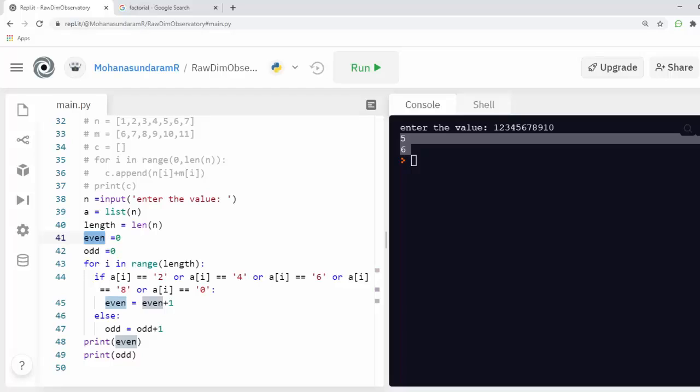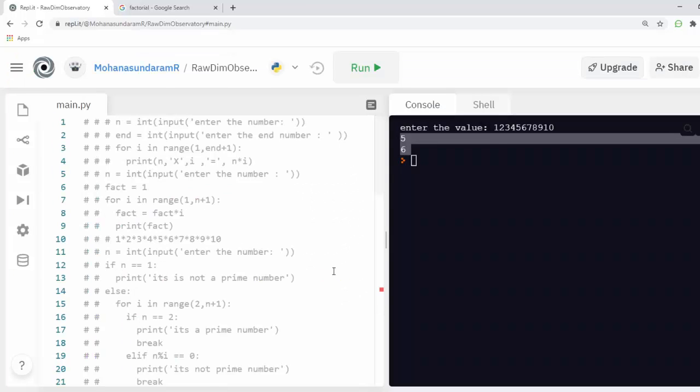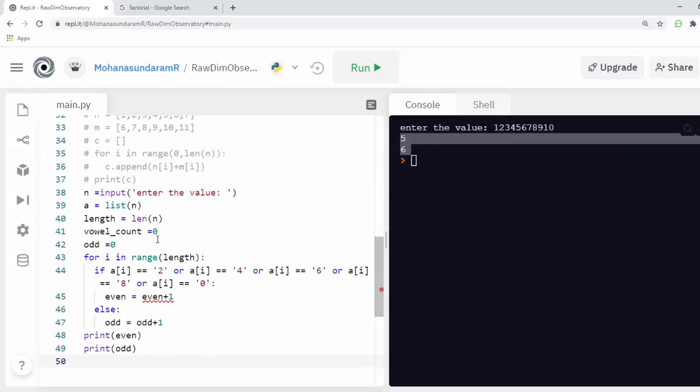I'm going to create a count, vowel underscore count. It's going to be a vowel count, and another thing is consonant. Okay, I'm making a condition.